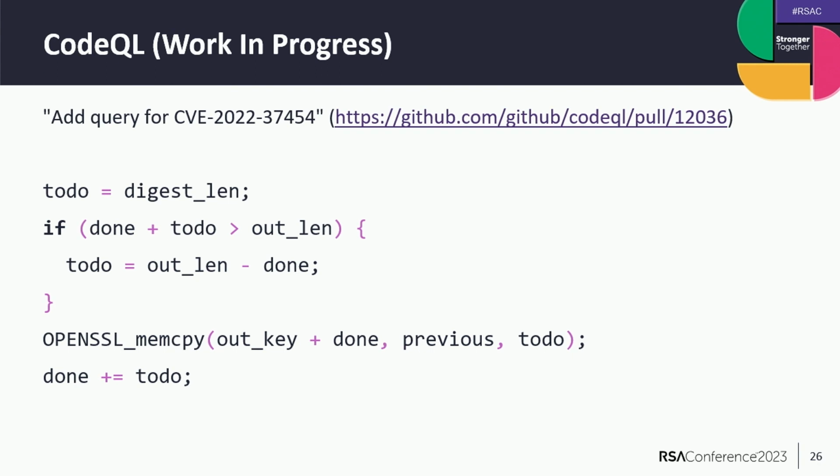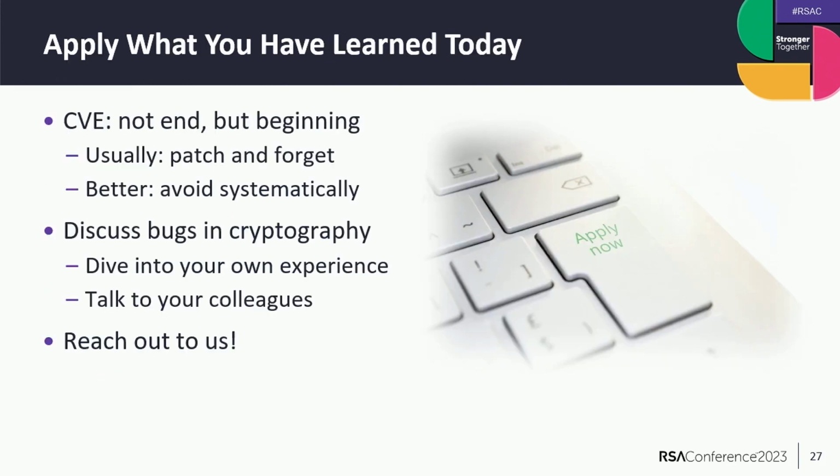Because a further analysis of the code shows that this done plus todo can actually not overflow in the specific case of this implementation. But it's still something that people who are doing static analysis tools feel should be flagged, because you need to do quite a lot of analysis to see that it cannot overflow. And maybe you want to write it differently. Maybe you just want to write if todo larger than outlen minus done, todo equal to outlen minus done. You can see immediately you're doing this minimum calculation, right?